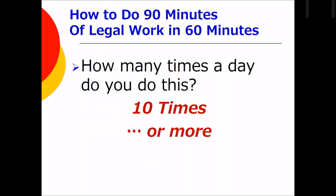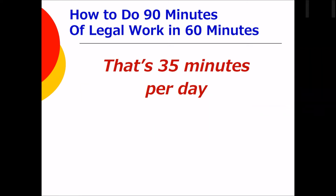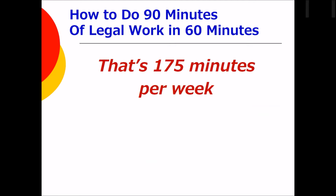And how many times a day do you do this? 10 times a day? We probably get files a lot more than that. Most of us need to go and get things many times a day. That means you're spending 35 minutes a day just getting a file and getting the information. 175 minutes a week,